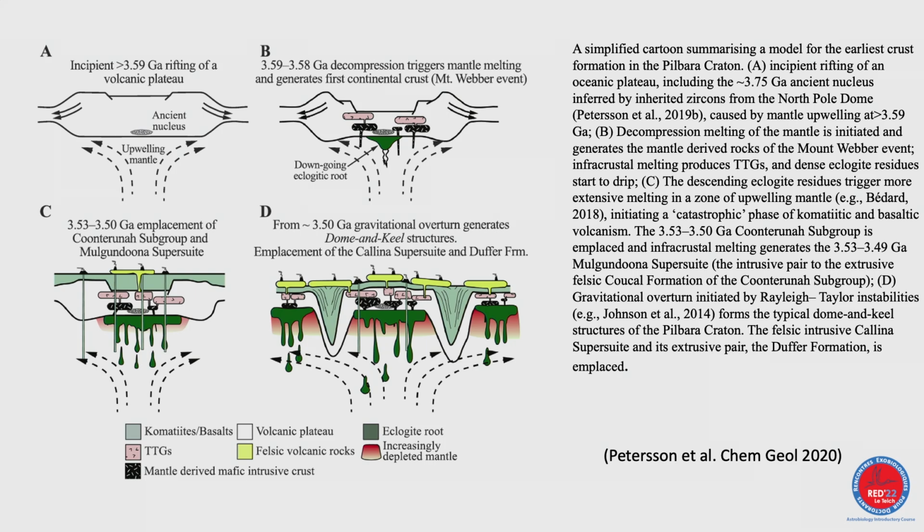And upwelling mantle is an excellent environment to melt the mantle. So now what we may expect next is intensive mantle melting, and the melts are going up. If you melt the mantle, you may expect mafic or ultramafic melts. So we may have first magmatic bodies of mafic composition, and if we melt these mafic bodies, we will have first TTGs